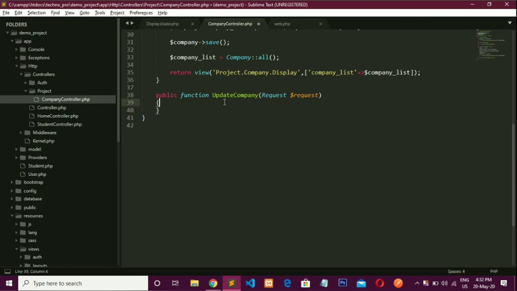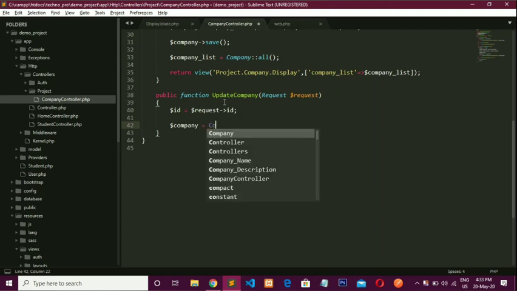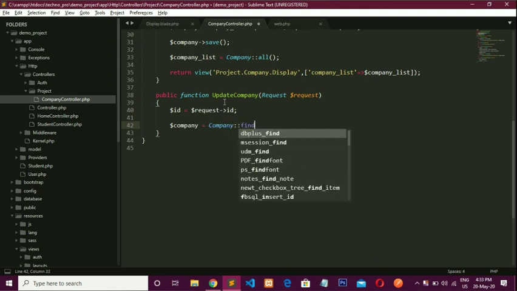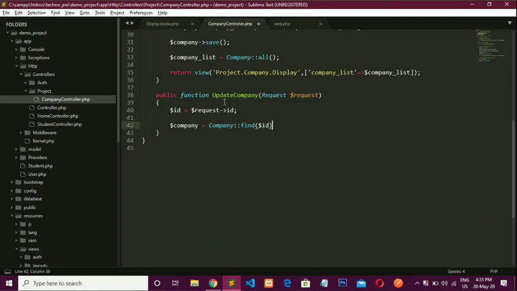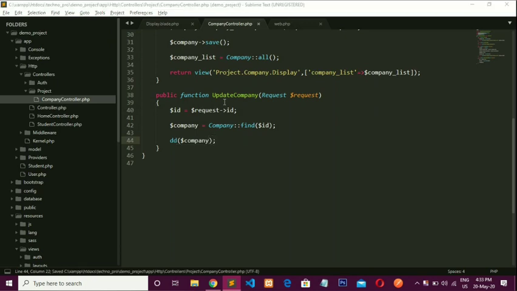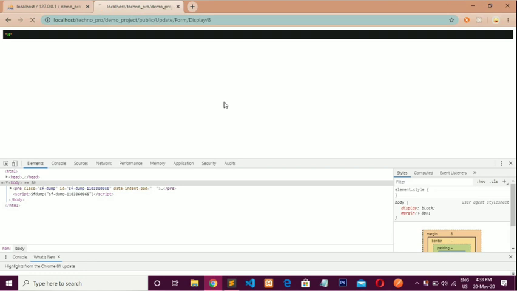Now we need to store this id into one variable, which is $id equals $request id. Now create one object, company equals Company, and find the record of the id which we get from the URL. Now we will see whether we get a record or not. For that, write a data dump of $company, save this and refresh in the browser.